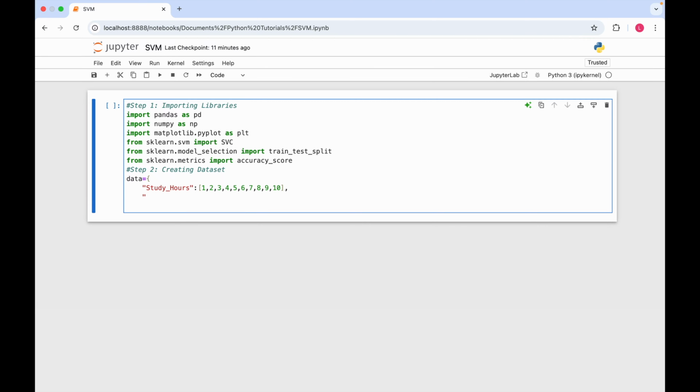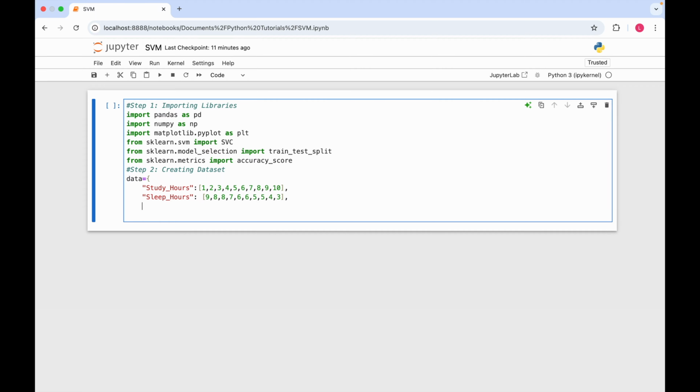Another is sleep hours, 9, 8, 8, 7, 6, 6, 5, 5, 4, 3, and then